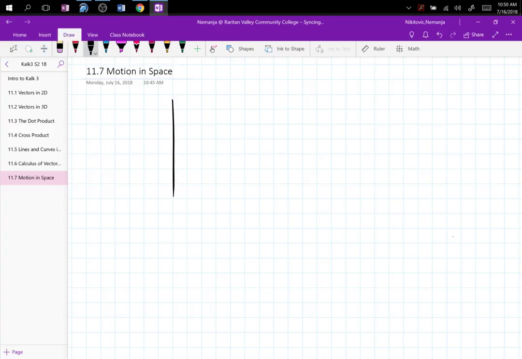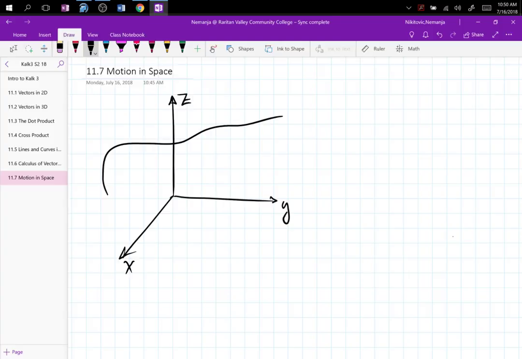So we have the 3D system. We'll take the right hand one, x, y, z. We're going to put some trajectory there, which is the path. And this is trajectory. And we're going to call it r. Now we know that vector r is a vector valued function in time, in terms of t, and we can